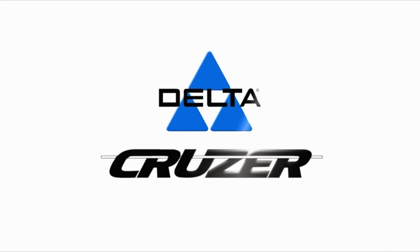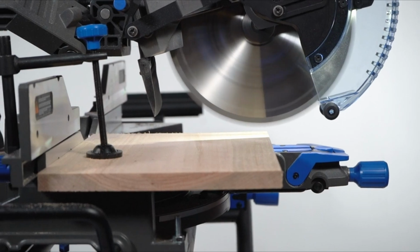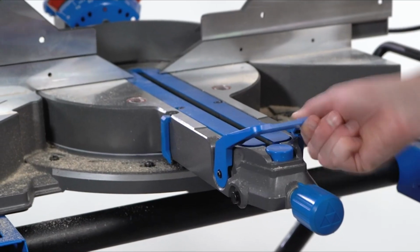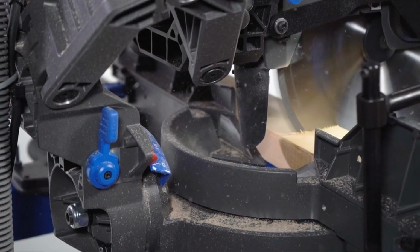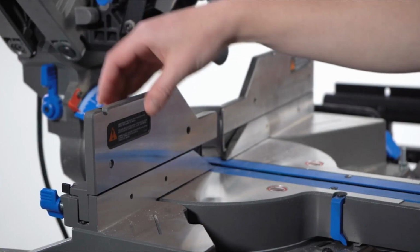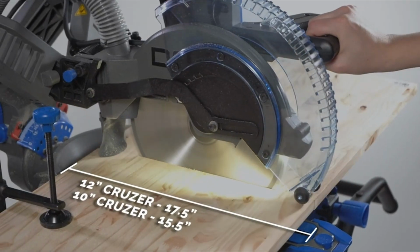Introducing the best 10-inch miter saw, precision in every cut. In the realm of woodworking and carpentry, precision is paramount, and the choice of tools can make all the difference. Among the essential tools in a woodworker's arsenal, the 10-inch miter saw stands out as a versatile and indispensable companion. Renowned for its balance of power, portability, and precision, the best 10-inch miter saw is a tool that effortlessly combines